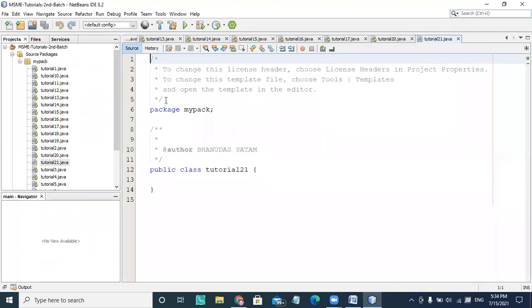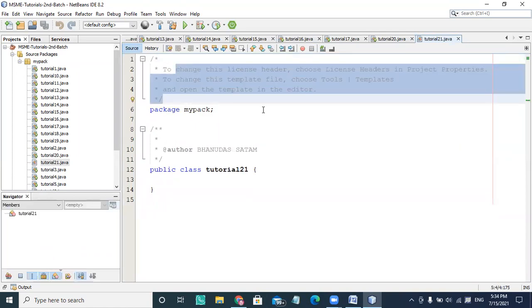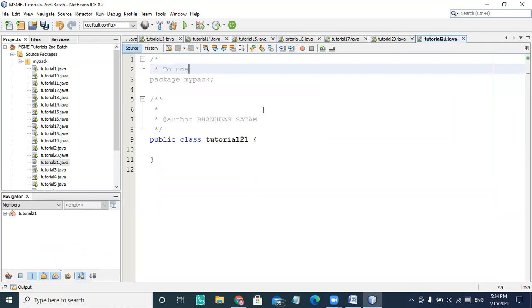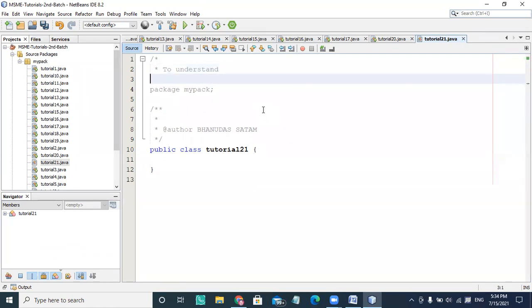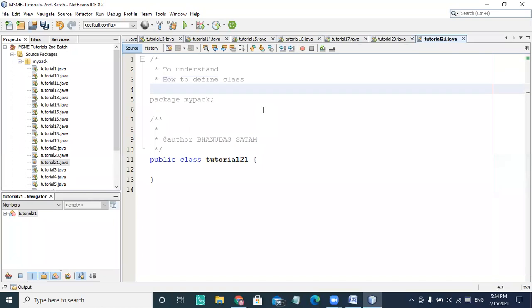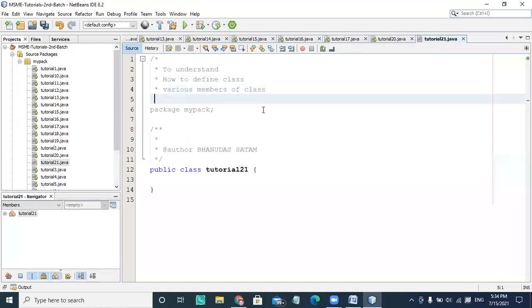Okay, so the objective of this tutorial is to understand the use and definition of a class, how to define a class, and the various members of the class. What are those?